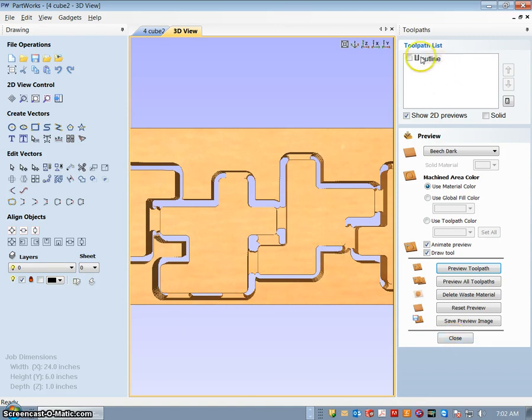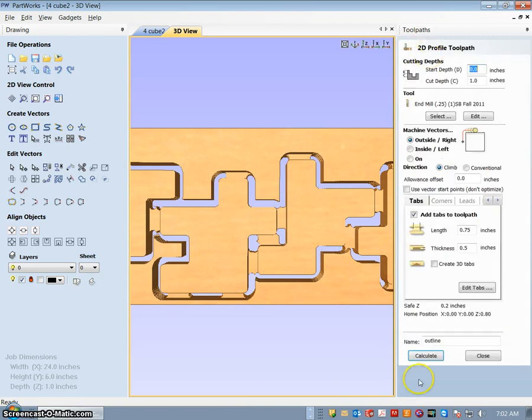Again, you could double check your tool path at any time. Make sure you have the right bit, end mill, right depth. We're on the outside, and we have the tabs associated at this side. Okay,